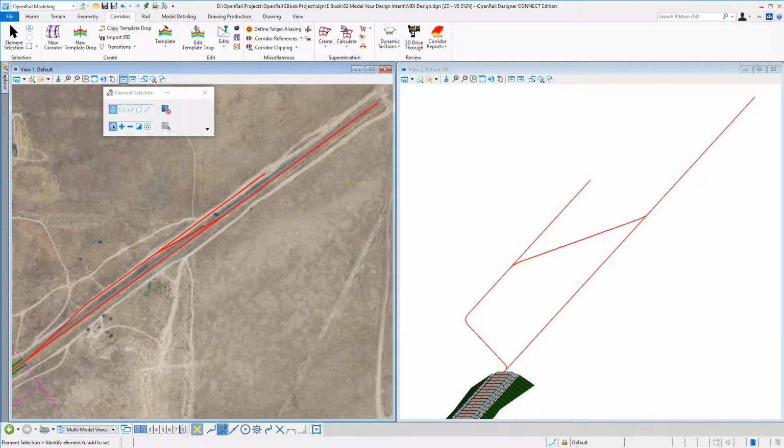Creating a corridor through the yard area. So we have our geometry, and as you can see in the view, my 2D to the left, and I have my original corridor I created with my single track, and my 3D to the right where I can see my yard geometry. So first thing we can do is copy my initial template drop,